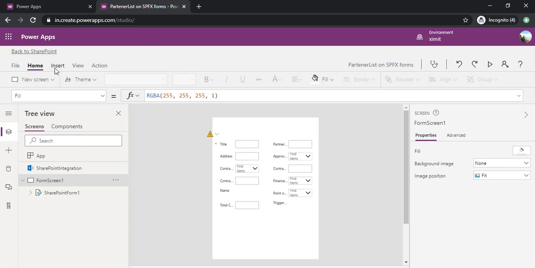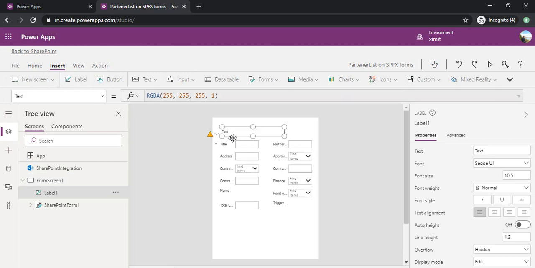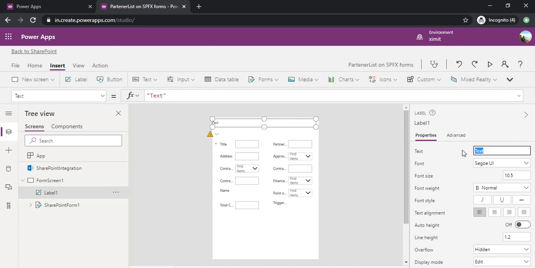So I'll go to insert label, and I'll move that label up a bit to the top so that I can say what this form name is. I'll just say partner form.